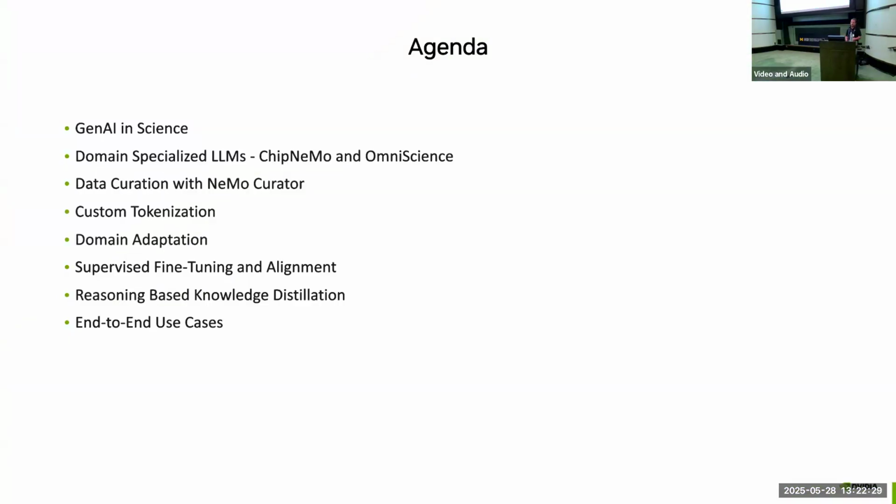In terms of our agenda, I'm going to start by motivating some of the intersections between generative AI and science, because as we think about these reasoning models, it's really an extension of these foundational generative AI paradigms that have been taking the world by storm over the last year or two. We're going to very briefly preview some of the offerings on the NVIDIA side, and then I'm going to turn it over to my colleague Carmelo, who's going to go into a deeper dive on the specific SES AI collaboration and talk about how they were able to adapt a large language model for a really important reasoning application for battery research.